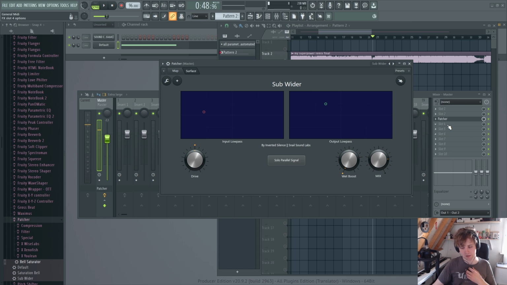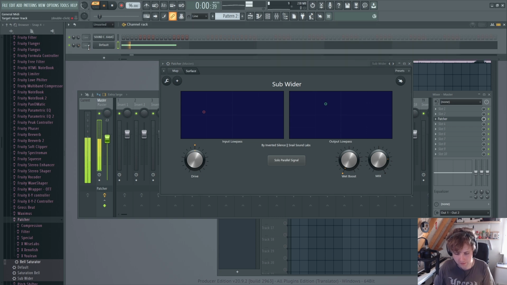Now this song is already pretty wide, so let me just show you a sub bass. You can hear, here's a sine, and you can see that it's mono. And here are the stereo harmonics we're generating. If you increase the drive, there might be even more. Yeah, looks like it.